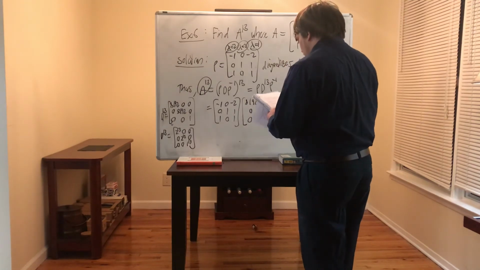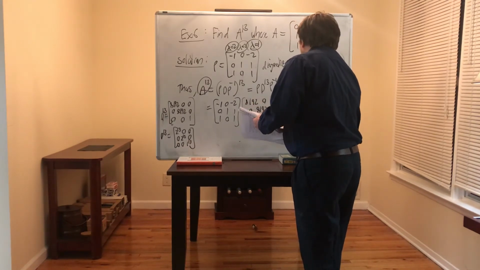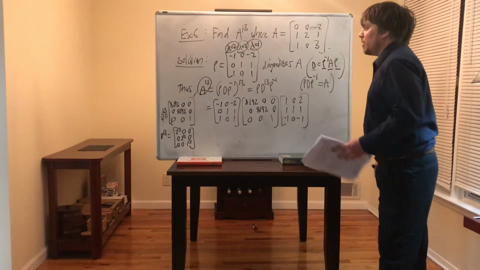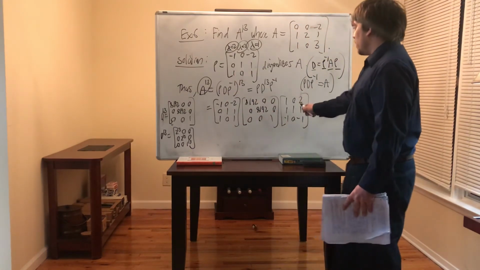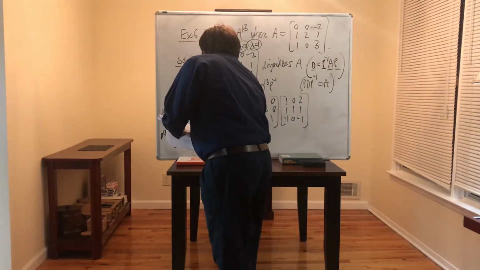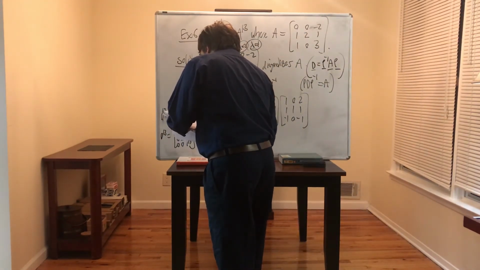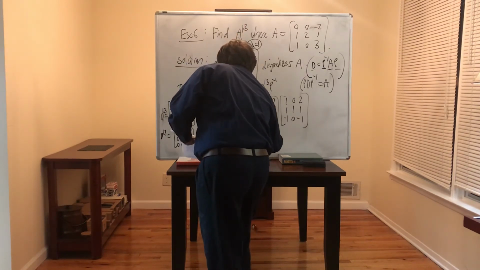And so when you find P inverse, you get the matrix 1, 0, 2, 1, 1, 1, negative 1, 0, negative 1. And so now you found P, you have P already, you found D to the 13th power, you found P inverse, you multiply those matrices in that order, and you get the final answer of negative 8,190,